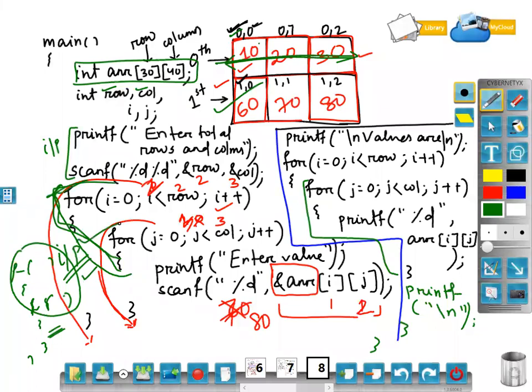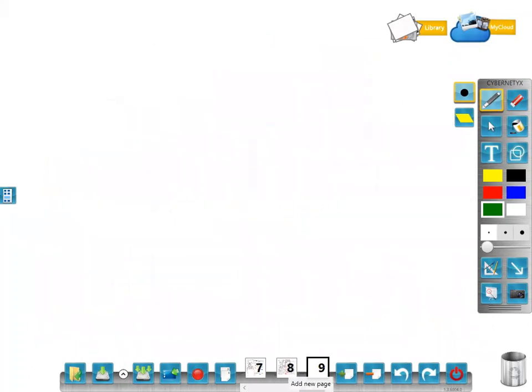Clear? Okay. Now, on the basis of yesterday's class, one concept time didn't permit, that I am discussing today. Recursion, function recursion. What is the meaning of function recursion?